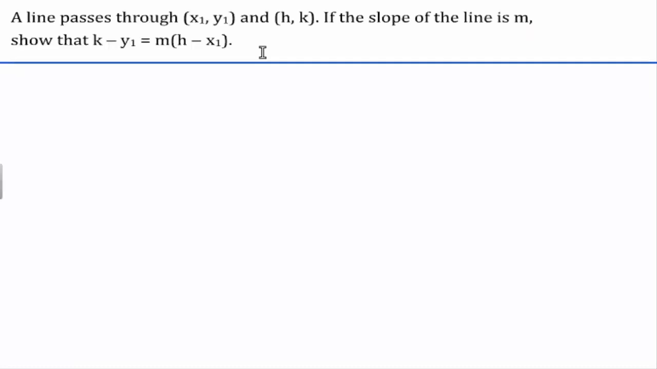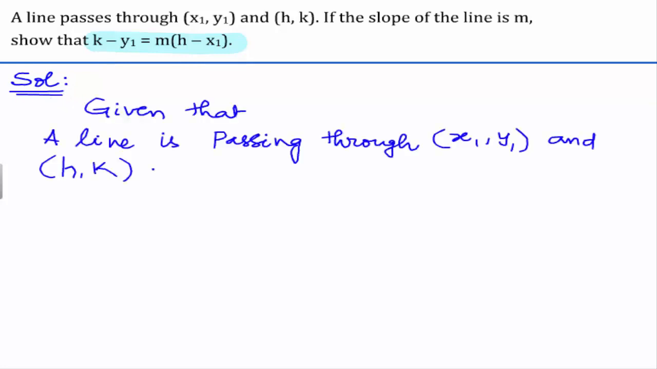In this question, there is a line which is passing through the 2 points given, and its slope is also given. We have to show that the line is equal to this equation. Let us see the solution for this. It is given that a line is passing through the 2 points x1, y1 and h, k, and the slope of this line is